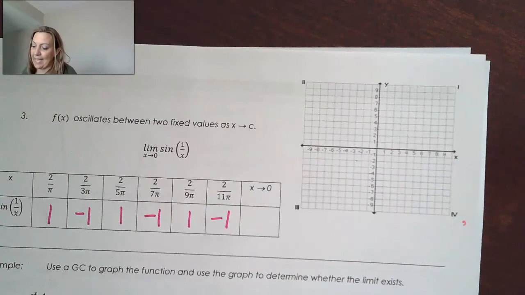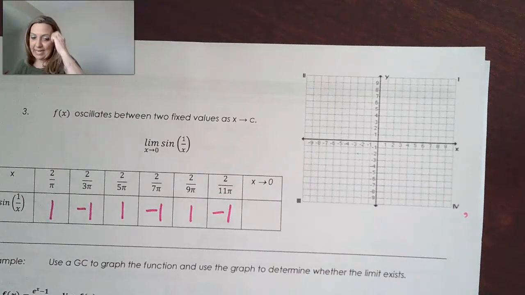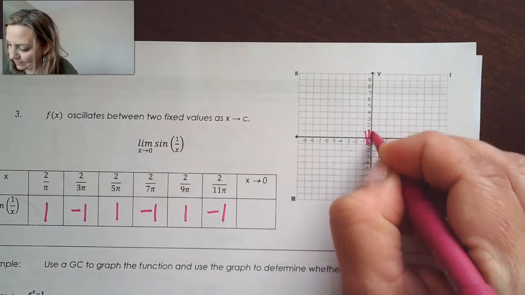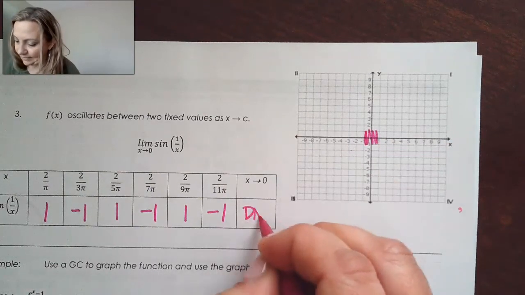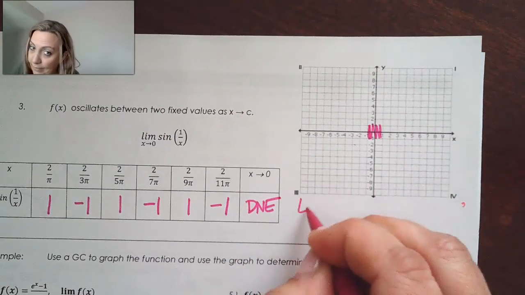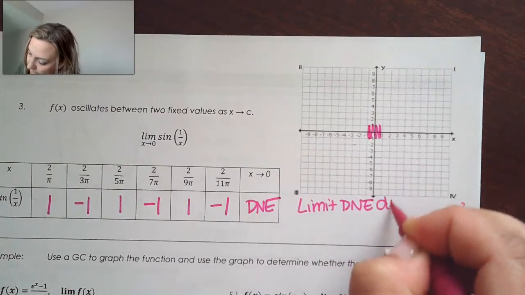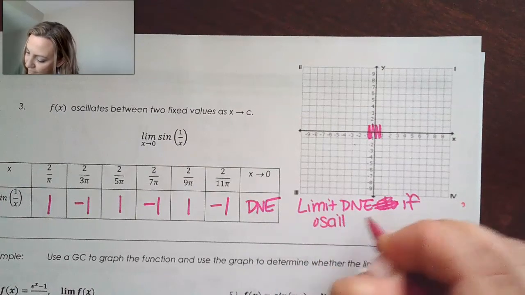So that means that what happens is that you see a graph, because it's oscillating like that, going back and forth between 1 and -1. That's a case where it does not exist. Okay, so this is where the limit does not exist, we'll say if there's oscillating behavior